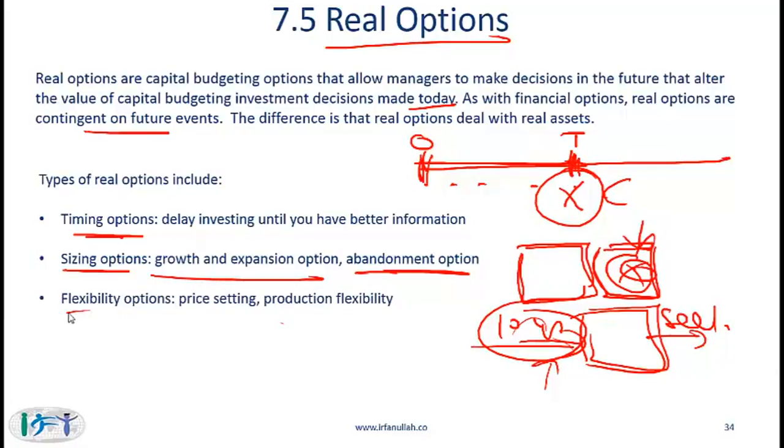You can also have flexibility options, which include price setting options. So maybe your contract with your customer can be such that you have the flexibility to increase prices. Production flexibility: you might spend an extra amount of money on your plant so that you have the flexibility to build more kinds of products. You can set up arrangements with suppliers so that if you are not being supplied by one supplier, you can go to other suppliers. So in the way you make things, you can set things up so that you have